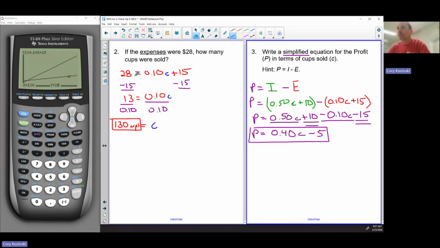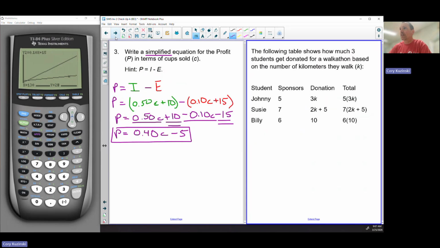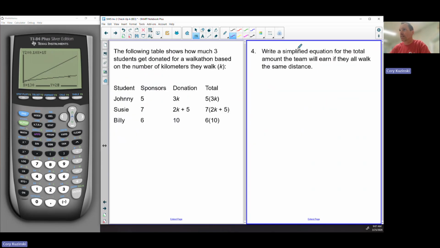There we go. That's our simplified profit equation. All right, new situation here. The following table shows how much 3 students get donated for a walkathon based on the number of kilometers they walk. I can see this table: 5 sponsors, each donating $3 per kilometer. Okay, there we go. 7 sponsors, each donating